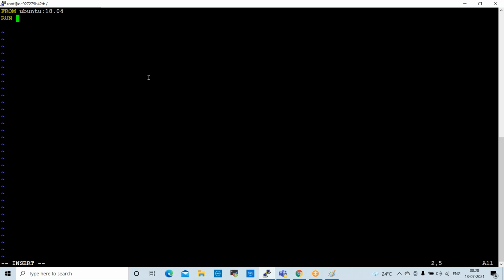Run apt-get update. So normally, once we run the container, we update the internal repository, right? So for which I give this command. Okay. Next, I want to install Git: run apt-get install